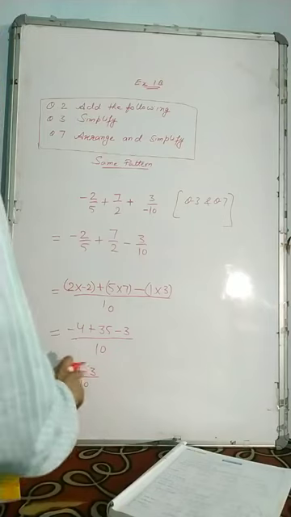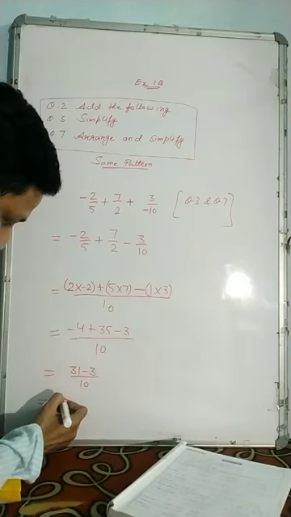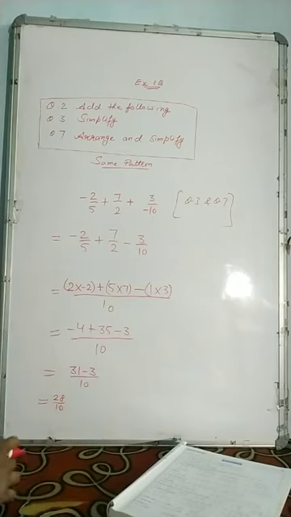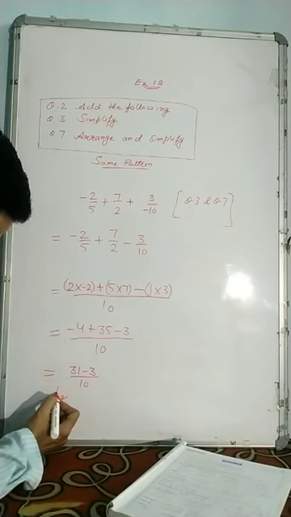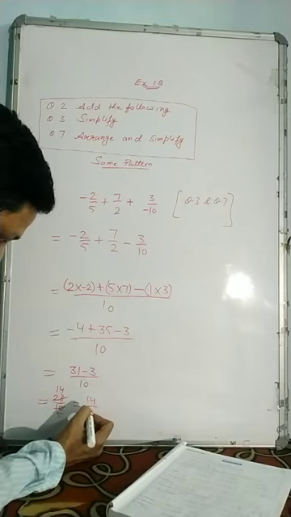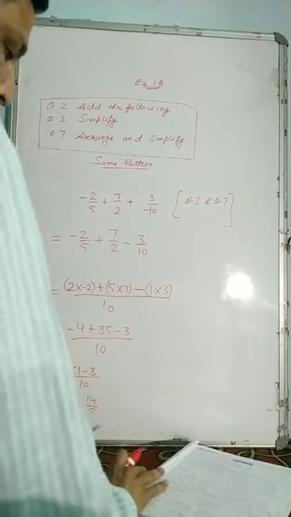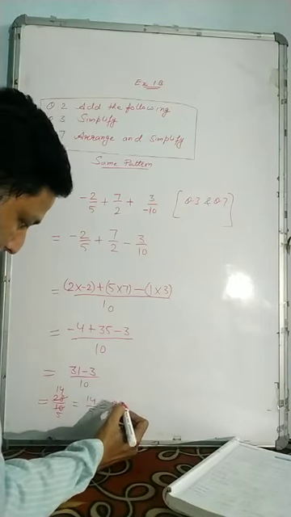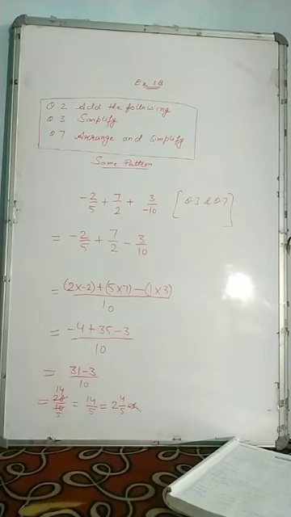31 is positive. Now after subtracting 31 minus 3, here we get 28 upon 10. Now here you know very well 28 and 10 will be divided by 2. 2 1 is 2, 2 4 is 8, 2 5 is 10. So the answer will be 14 upon 5. But remember one thing, it is an improper fraction. So again here we will convert into the mixed fraction, that is 5 2s are 10, 4 upon 5, means our final answer is 2 whole 4 upon 5.